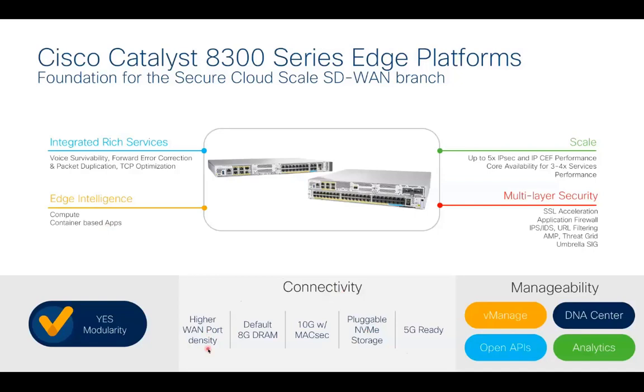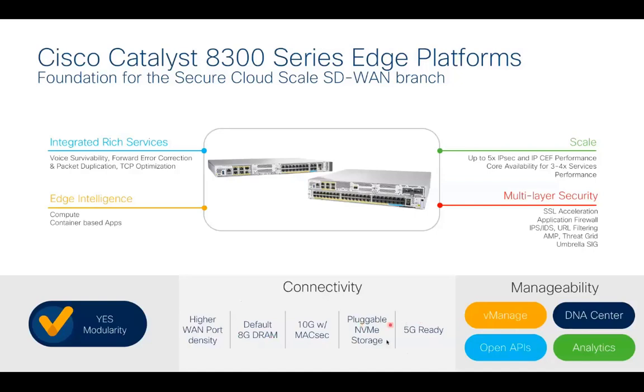And we do support 10 gig WAN MACsec 256-bit on all these platforms. The control plane DRAM capacity has been doubled to support 8 gig as the default and up to 32 gig as the max. And as already mentioned earlier, all these platforms come with an integrated cellular slot or LTE PIM module that is future-proof to support 5G technology when it is available.